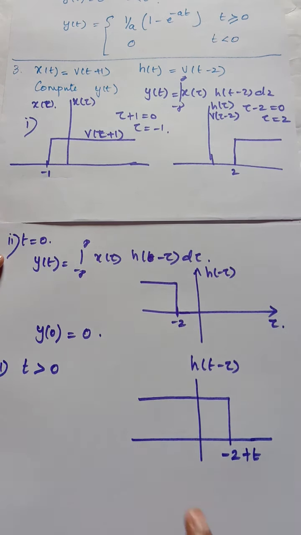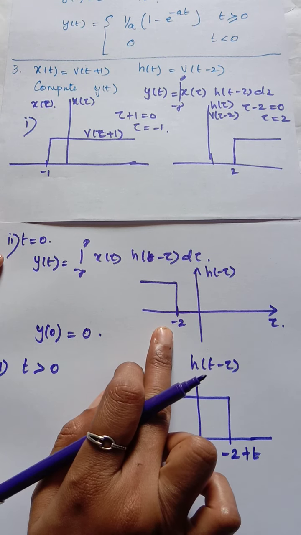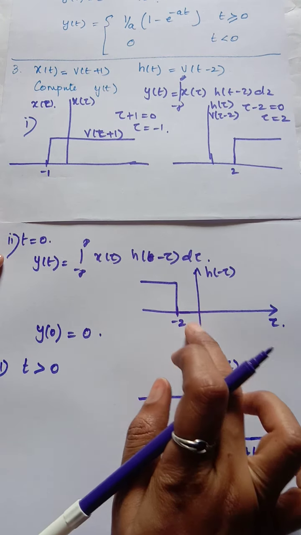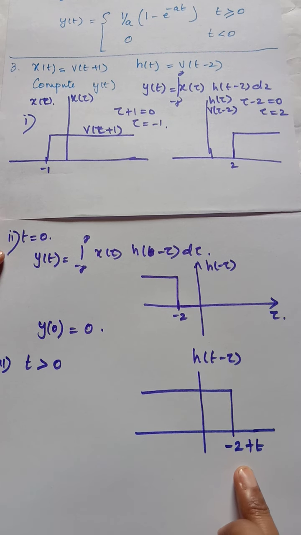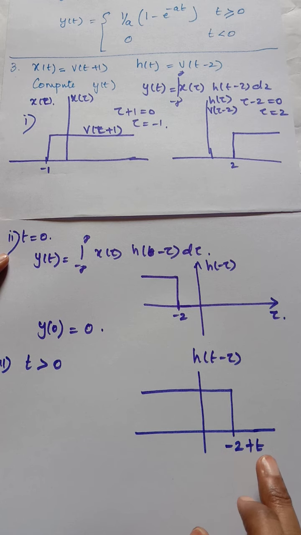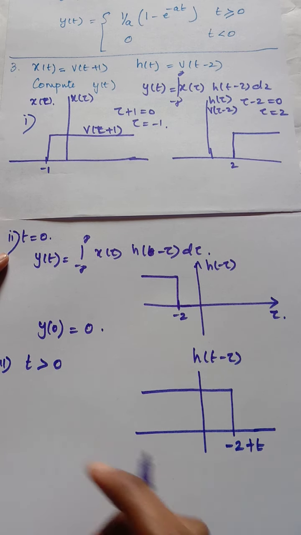Okay, so here for that signal directly we have considered t. So here it is minus 2, and here plus t I will perform when I perform shifting. So in general I am having minus 2 plus t. If I substitute t equal to 2, the signal will end at the index t equal to 0. So like that this will vary. In generalization I am writing like this.